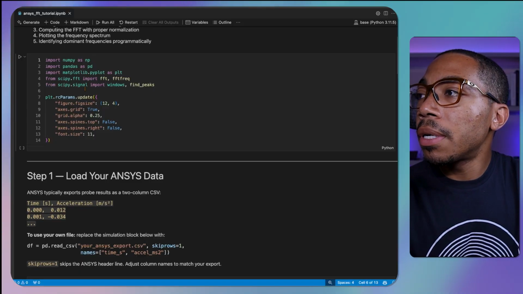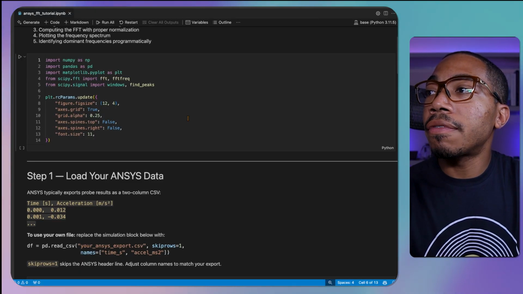But from everything I can tell, it looks like we're gonna have a 2-column data set in which one column should be time and the other will be acceleration, likely in meters per second squared. And so that's where we're gonna begin. And then I will show you how we do signal processing and begin annotating these peaks with FFT and the find peaks method. To begin, we're going to set up our notebook very similar to my last Fourier transform notebook,